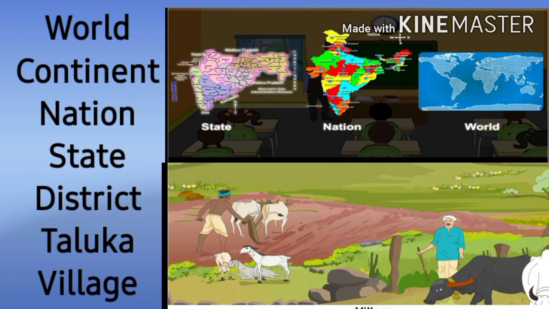Dear students, we live in a house. Our houses are built on land. The smallest place where we live is called a village. When many villages join together, a taluka is formed. When talukas join together, a district is formed. For example, Satara district. When many districts join together, one state is formed, like our Maharashtra state. When many states like Maharashtra, Gujarat, Tamil Nadu, etc., join together, one nation is formed. And that nation is our country, India.